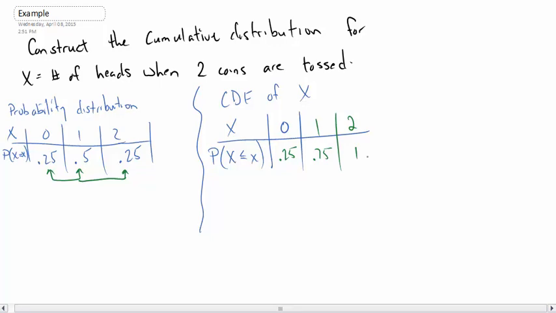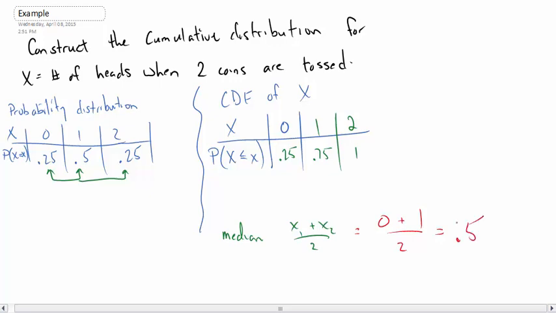So the question becomes, what's the median? I said it was x1 plus x2 divided by 2. Well, what's the biggest x value that's less than 0.5 for the cumulative probability? Well, it's 0. What's the smallest value for x that the cumulative probability is greater than 0.5? Well, that's going to be 1. So our median would be